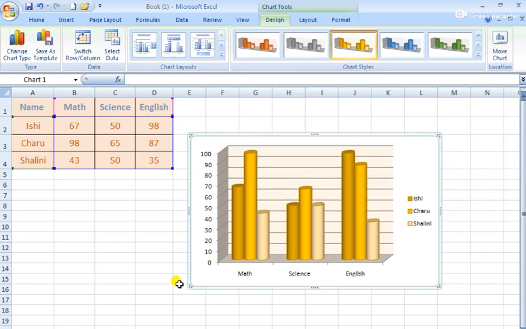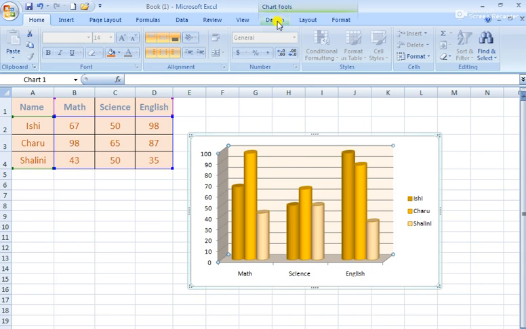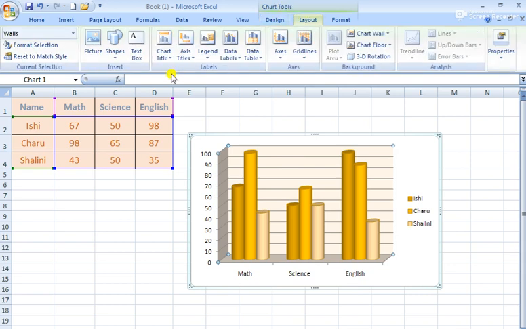If I go here on the table, see that chart tools are not there. When I click on this chart, the chart tools will come. For designing, this is there. Then layout is for where we want to change the data style or the chart.